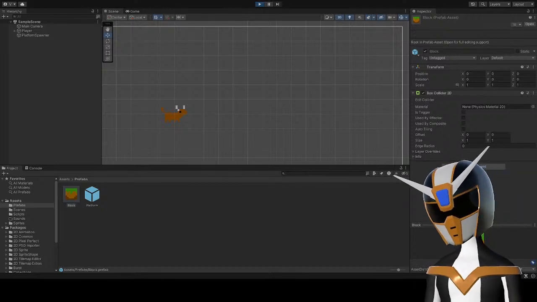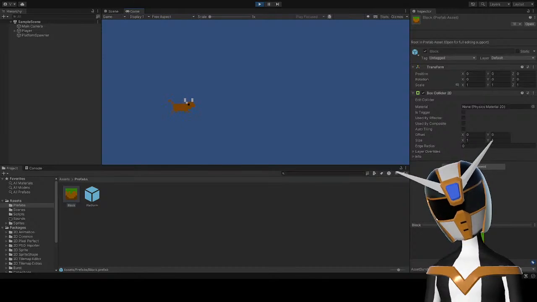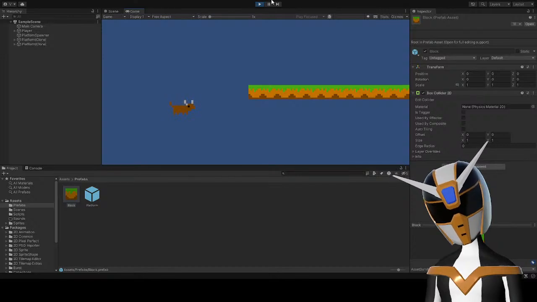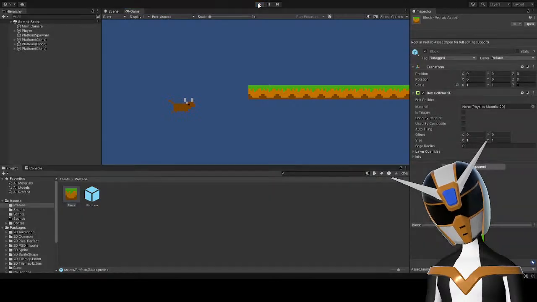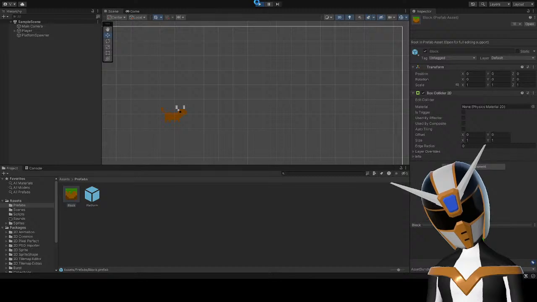Oh my god, okay, so this is the first bug that's gonna drive me insane, apparently. Like, why is this happening? This doesn't make any sense to me.